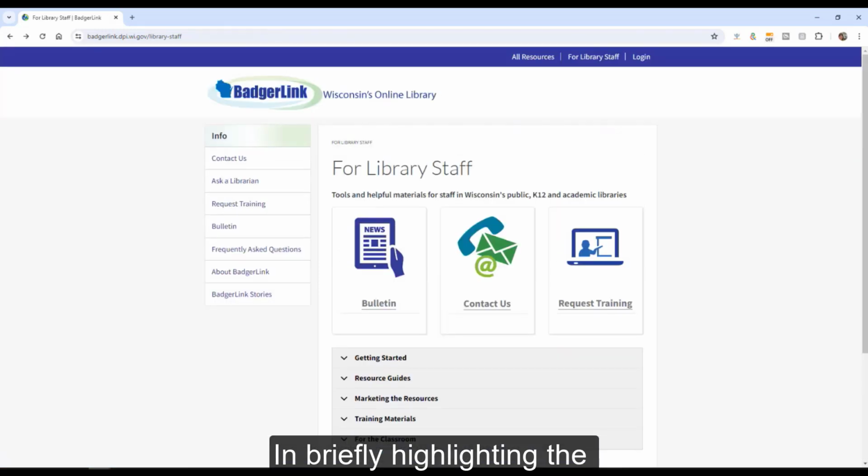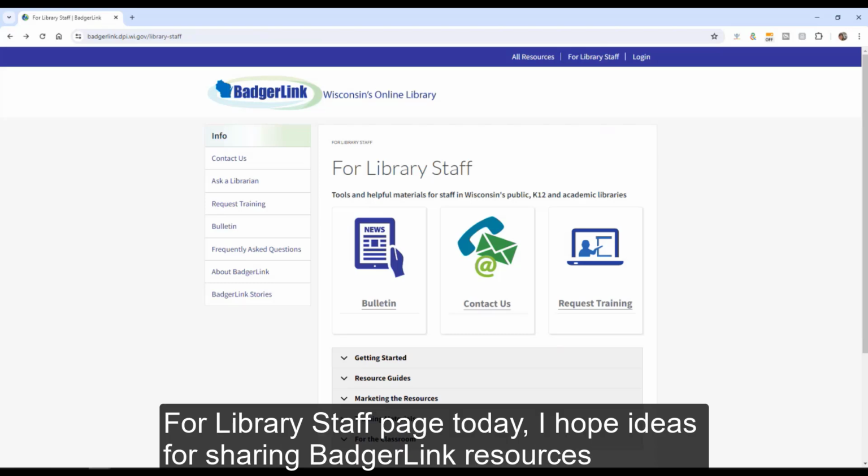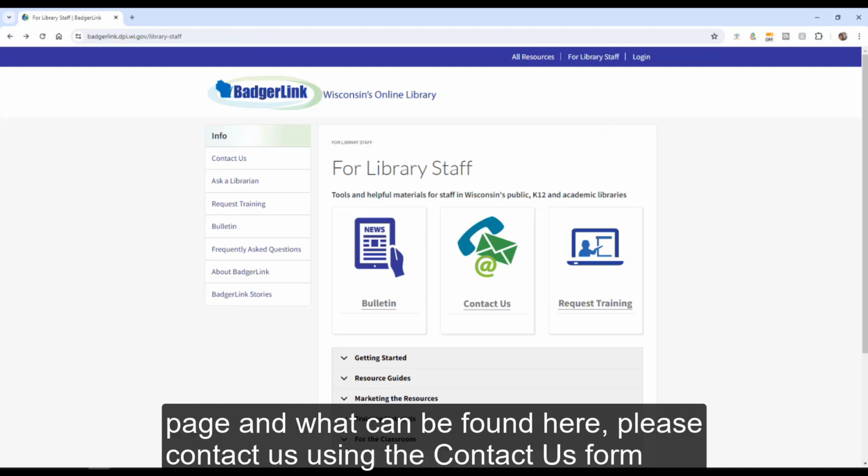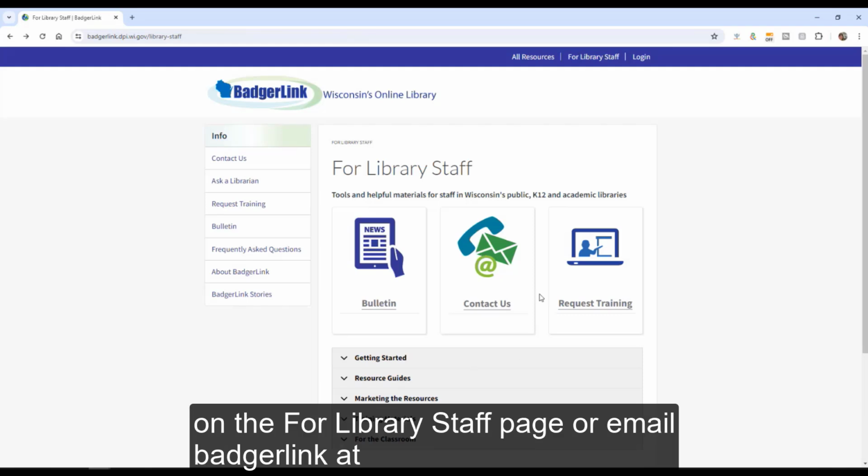In briefly highlighting the For Library Staff page today, I hope ideas for sharing BadgerLink resources in the classroom have been sparked. For questions or feedback on this page and what can be found here, please contact us using the Contact Us form on the For Library Staff page or email